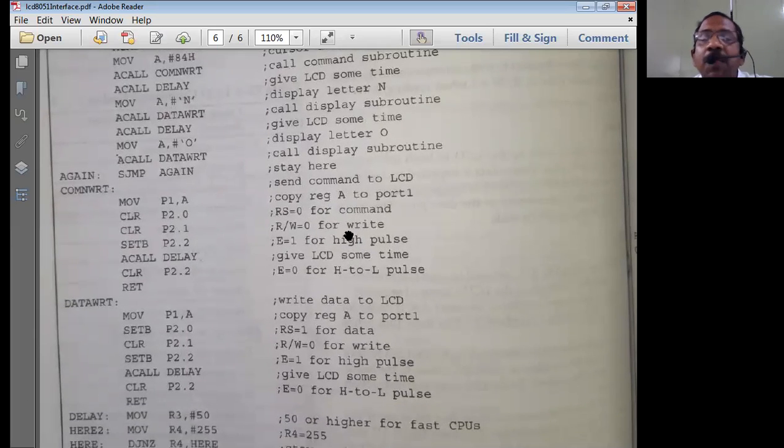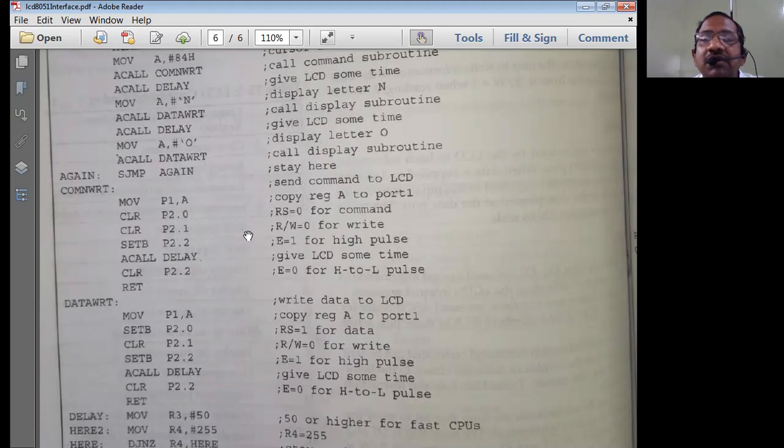Anyway, here we are using this for both writing and reading, so we have to use it. If you are going to use R/W for read as well as write, then compulsorily you have to connect this pin from one of the ports of the microcontroller. Then the enable pin should be high. Whenever we are going to give a command, what is so important is that the enable pin should go from high to low. While the enable pin is going from high to low, only then is the command placed into the command register.